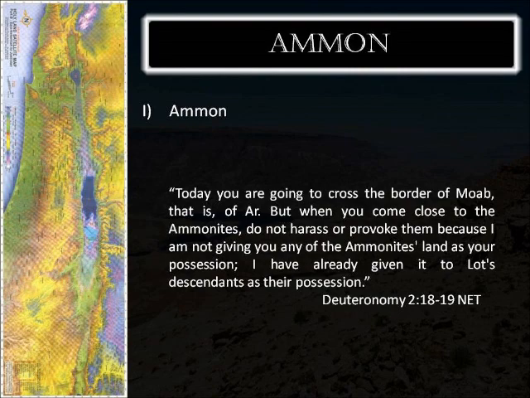So, let's work our way from north to south, and let's start with the area of Ammon. Ammon is a highland area. You notice we have it here on our large-scale map, and it's the area that is to the east of the Dead Sea, but to the north of the Wadi Arnon, that very large kind of gap there on the eastern ridge.